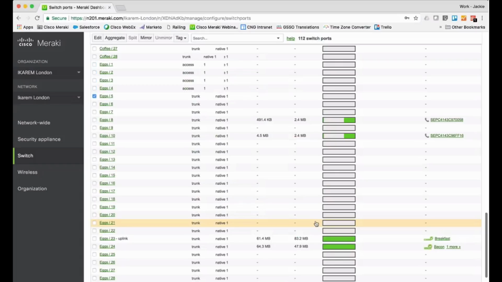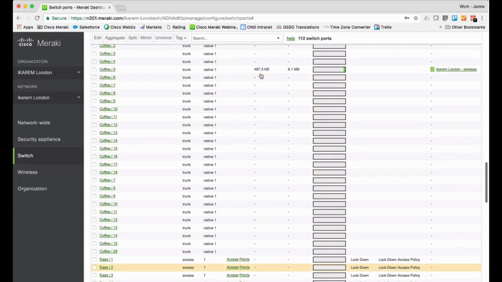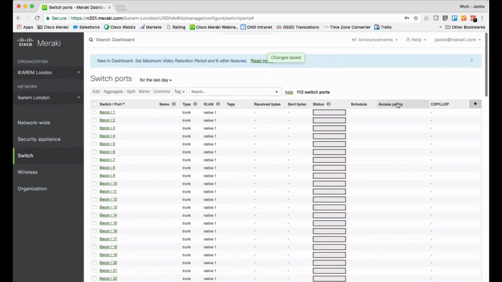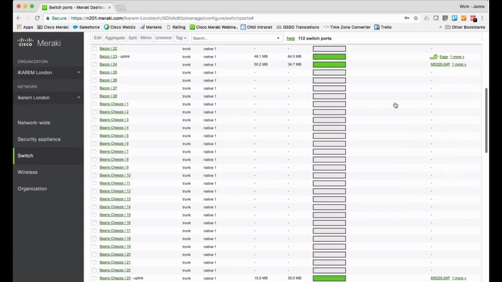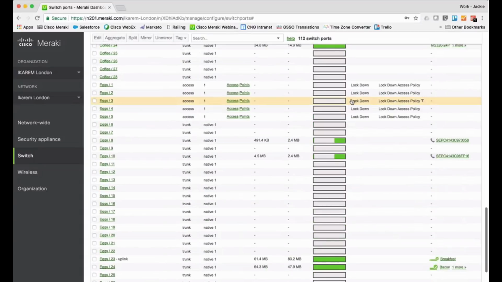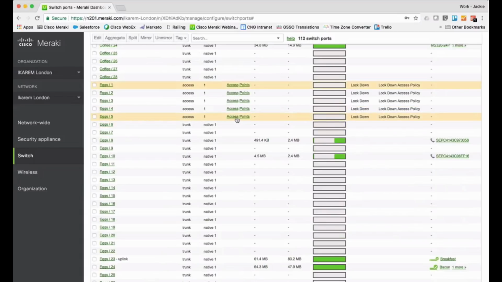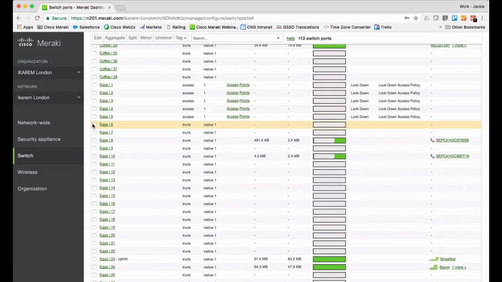So we're saving that. So now, if we look at the top here, we have the schedule and the access policy. Those 2 columns, and we can see on those 5 ports, we now have a lockdown schedule and a lockdown access policy, and we have tagged them as access points. Great. Let's now take ports 6 through 20, and we'll do the same thing, except these now have those telephones